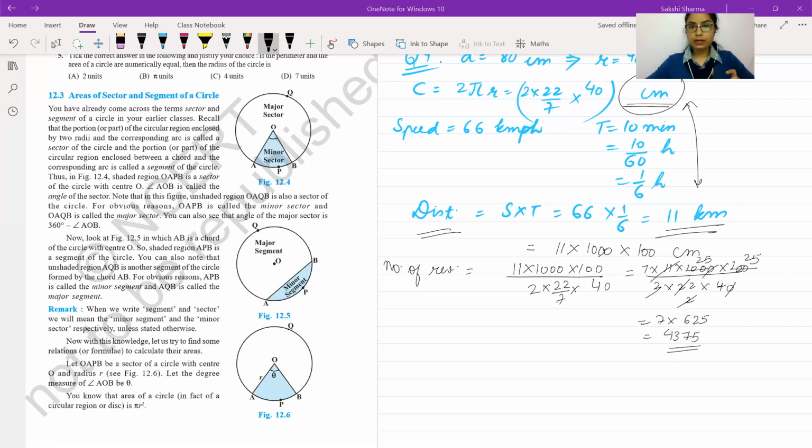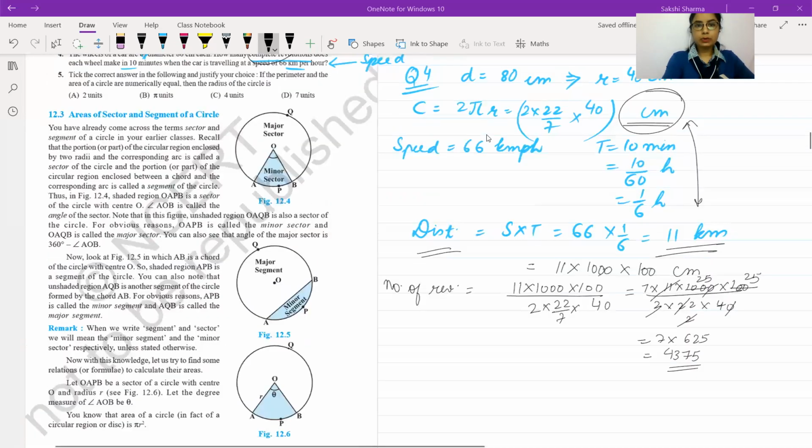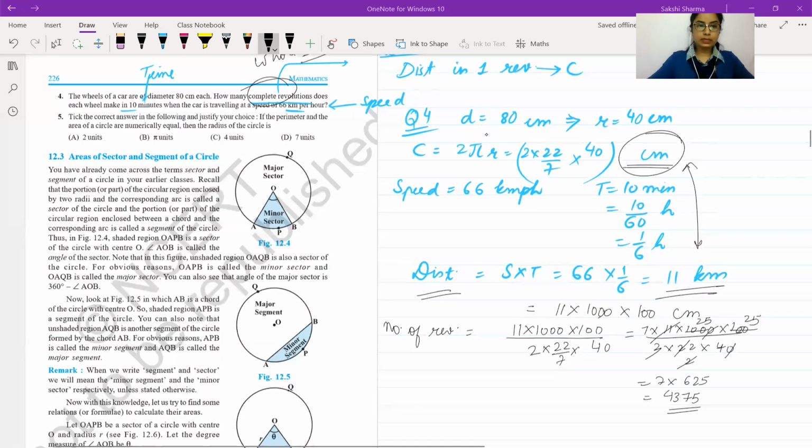Now you can see the advantage of not multiplying it beforehand. It is easier to simplify later on if you have the products as such. Something which I told you last year also, that just keep the product as such, don't simplify. Use the value as such, in product form use it further, simplification will be easier when you use it later. All right. The last question of the exercise is an MCQ.